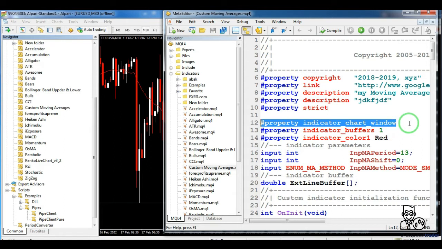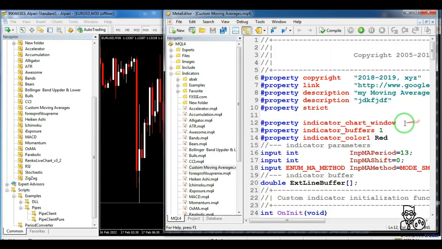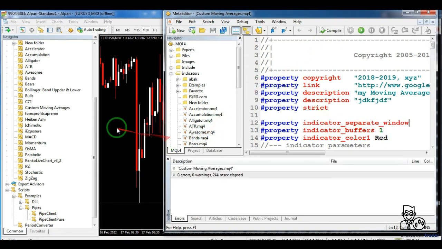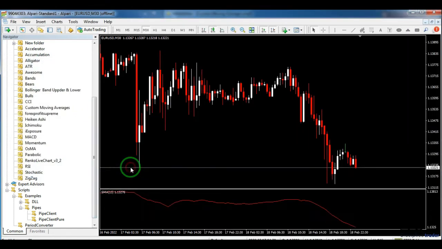This command specifies whether the indicator you want to create is displayed on this chart, or the RSI indicator is displayed below.